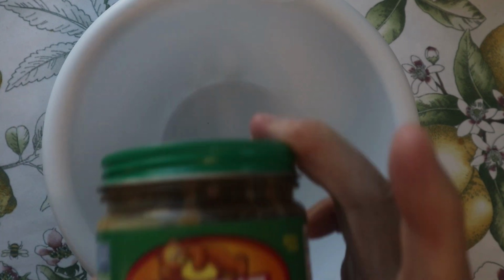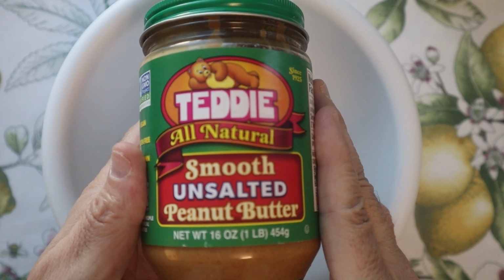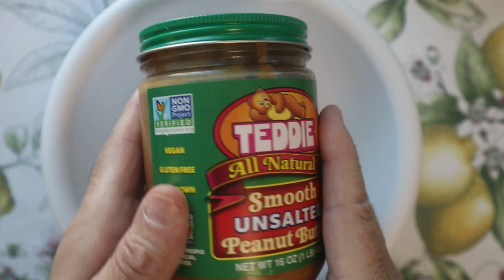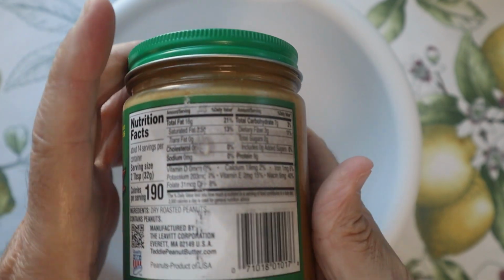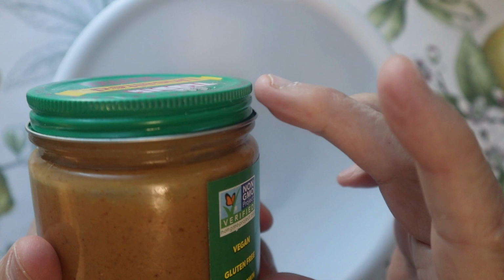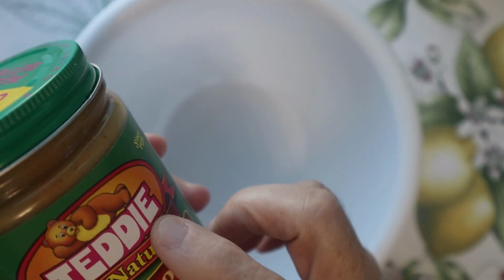Well, today we're going to be making some peanut butter cookies, and for this you'll need 1 cup of peanut butter. Today we're going to be using this Teddy's All Natural Smooth Unsalted Peanut Butter. If you're concerned about the macros, that's the macros on the back. It's very, very clean. So what we'll do is eyeball about a cup of peanut butter out of here, and that comes up to about where the E is,